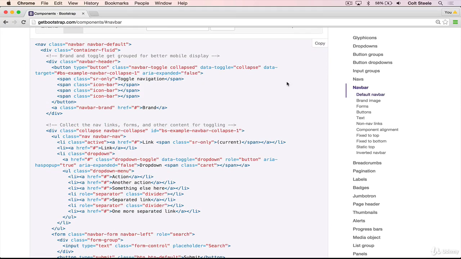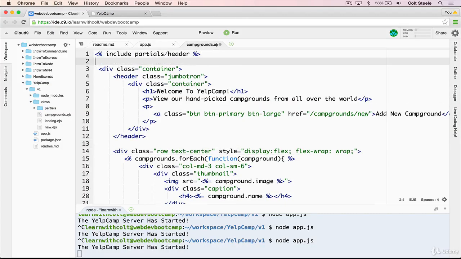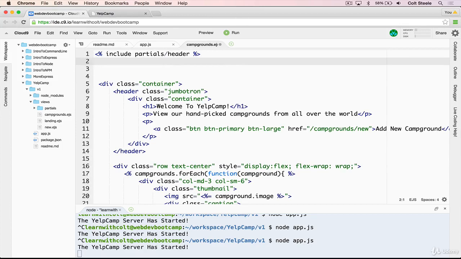So there's definitely no shame in pulling up the Bootstrap docs. Just like anything else in this class, you shouldn't feel ashamed about looking things up, but in particular, Bootstrap sometimes can just be a mess of these classes and elements, and there's no way to do it without looking at the docs. Okay, so we'll go back, and I'll make some room at the top of my campgrounds template,